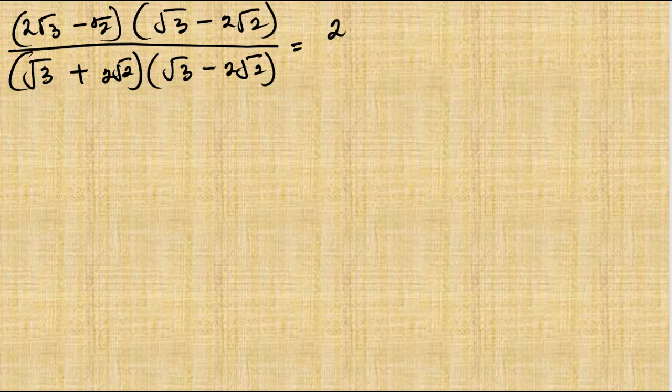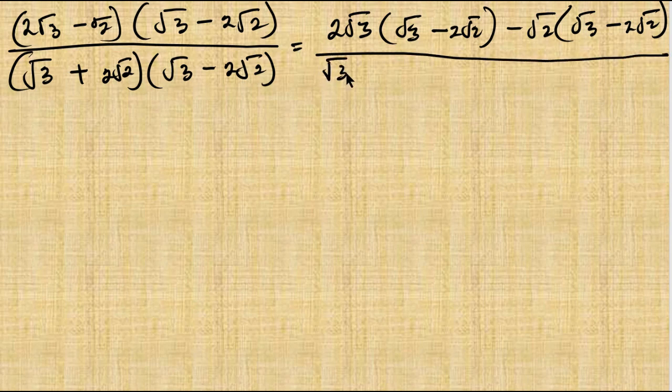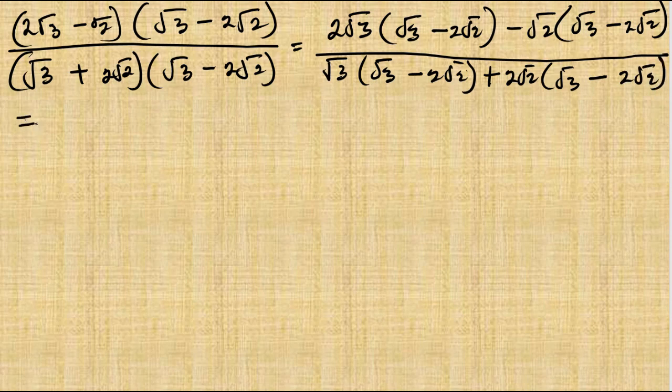It becomes 2 root 3 into (root 3 minus 2 root 2) minus root 2 into (root 3 minus 2 root 2), all over, we expand the denominator too, that's root 3 into (root 3 minus 2 root 2) plus 2 root 2 now into (root 3 minus 2 root 2). Now that will be the same thing as,